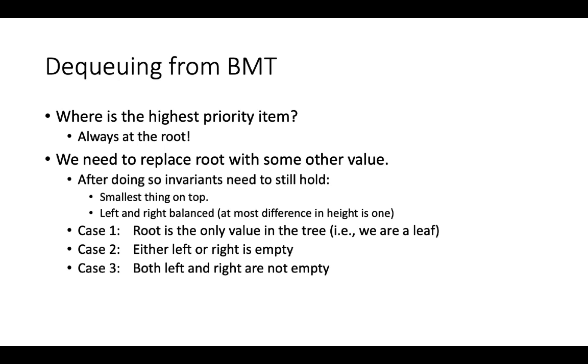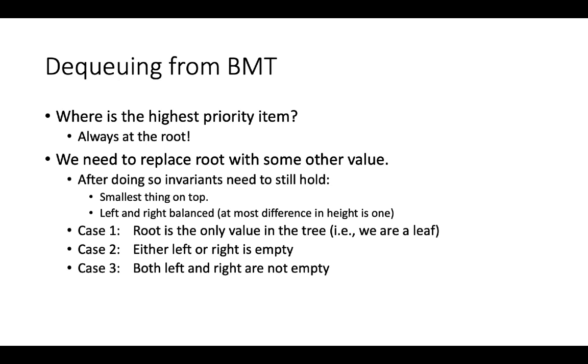The other possible case is we're taking out what is at the root, but we only have one valid child. In other words, one of our children is not empty, and one of our children is empty. That's the second possible case. And then the third possible case is we're taking the thing out of the root, and both of our children are not empty. They're both trees with at least one thing in them. So case one is